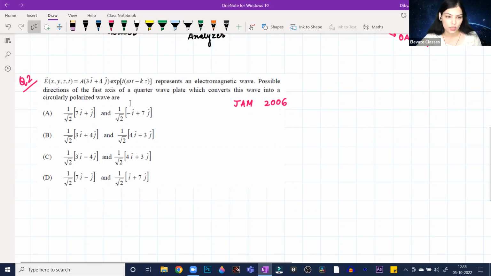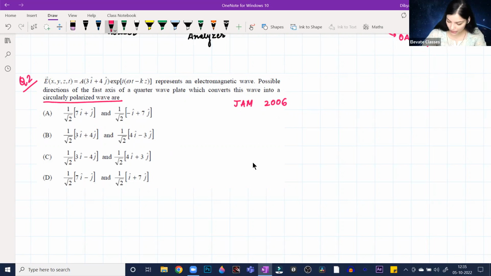polarized wave. Okay, so you basically have to treat it like a problem in vector calculus, that one electric field is given to you and you want to find out another vector so that the angle between the two is 45 degrees, because we want to produce what? We want to produce a circularly polarized light. So if I have a quarter wave plate here, okay, so for this quarter wave plate, I want to find out